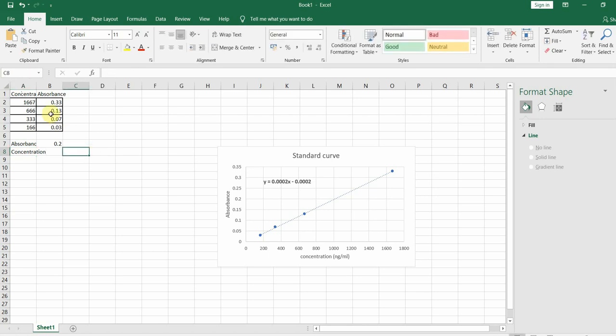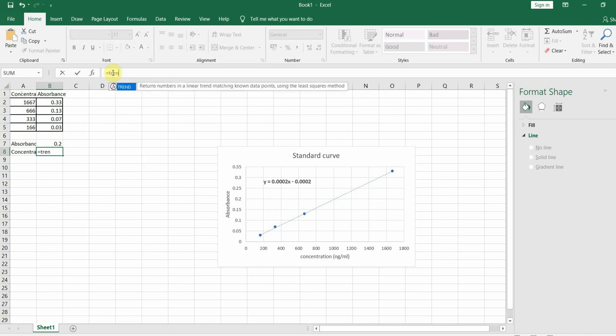So what I'm going to do is click on this particular cell where I have to find out the concentration, right? And in the formula bar above, I'm going to write equals TREND, brackets.